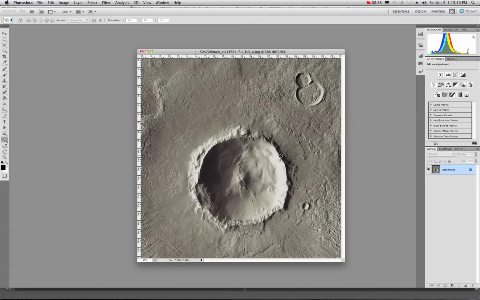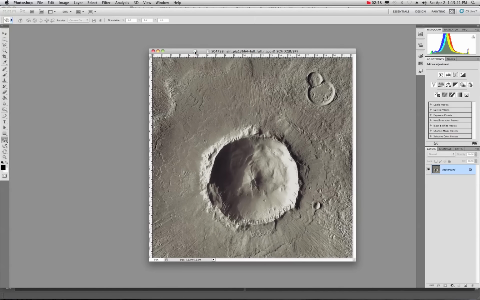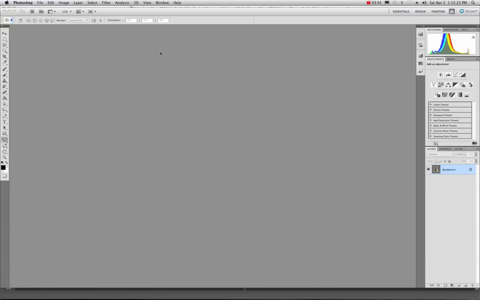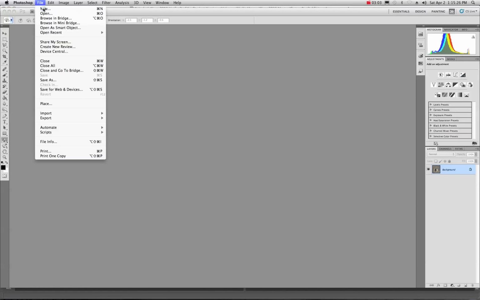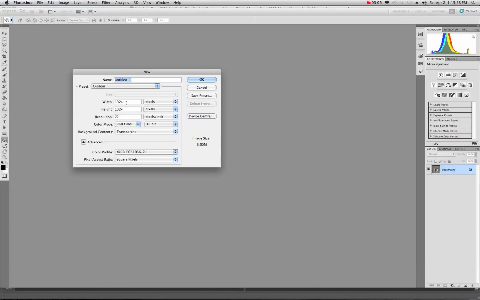So let's get started on the first part of creating a 16-bit map and make a nice clean mesh for this. So first I'm going to create a new file here, and when you open a new file, you want to make sure that you're set at, I'm going to use a 1024 by 1024, 72, but make sure you're set on 16-bit right here, okay? And I think I'll title this one 16-bit creator or something, just so we can keep track of what it is. And then I'll put tutorial,